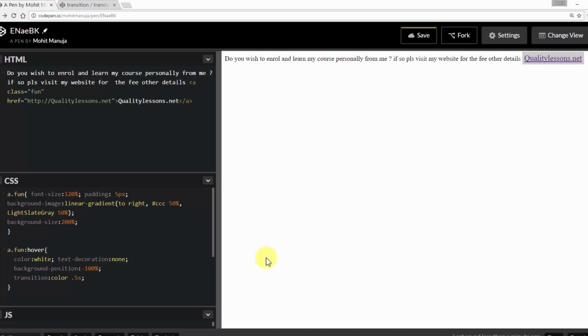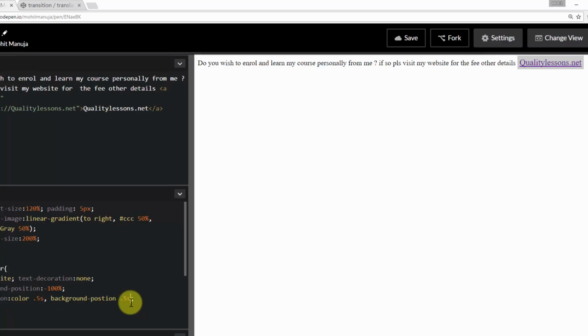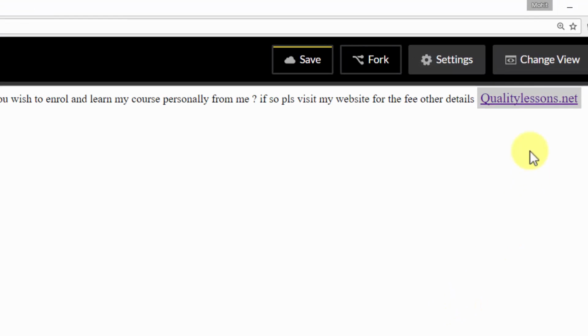Okay, but not just that, comma separated, I want to change the background position as well, and over the same time period. Okay, let's see the change. Spelling mistake. Obviously it was not firing the way I wanted it to. Now you see that